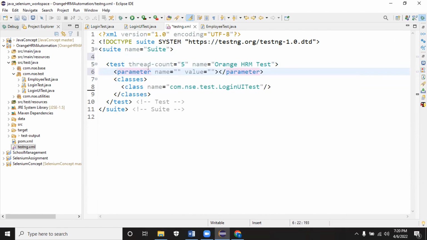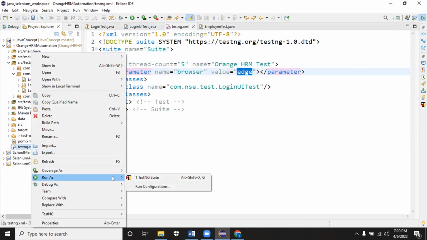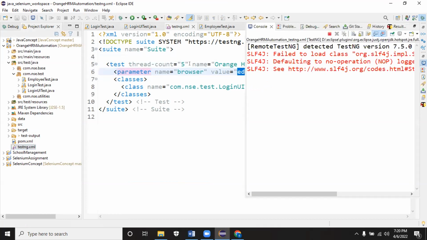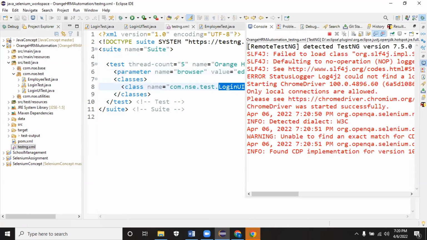This follows a name-value pair. I'm going to give the name as browser and value as Edge. If I give the value as Edge, when I trigger this XML, I want the class to use the Edge browser.